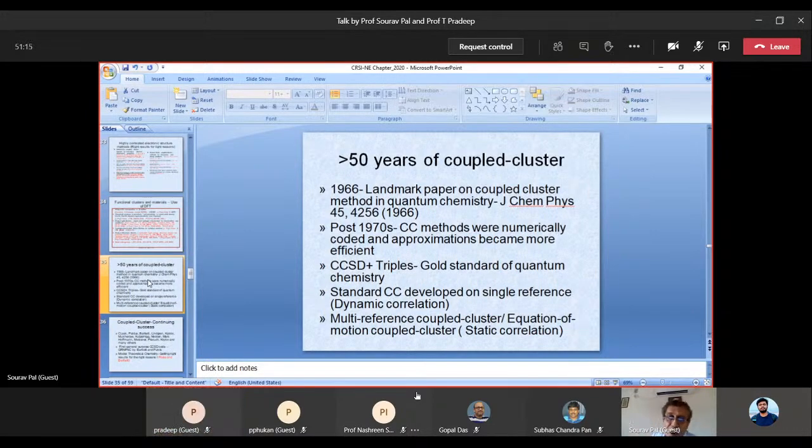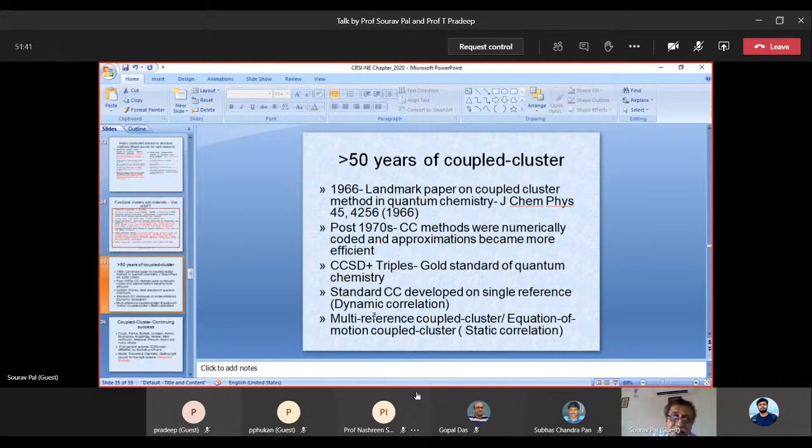First coming to the first part, coupled cluster is, of course, an extremely well-developed method. In 1966, the landmark paper on coupled cluster came in quantum chemistry through Jiri Cizek in the Journal of Chemical Physics. Later on, the coupled cluster methods were numerically coded, and CCSD, coupled cluster singles, doubles, and with triples became the gold standard of quantum chemistry. However, it's an extremely